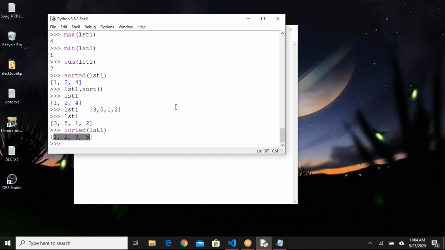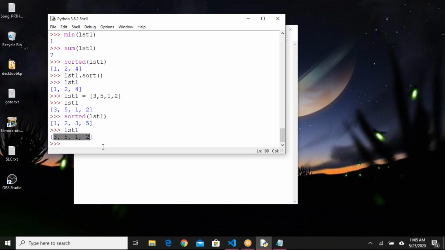The output I got is 1 2 3 5. Now if I say list1, it is showing me only the actual values. That means it did not rearrange the elements in list1. It has just given us the sorted output only.